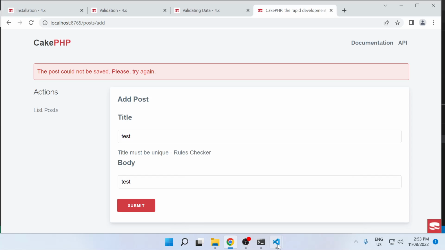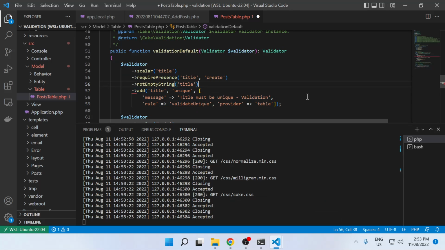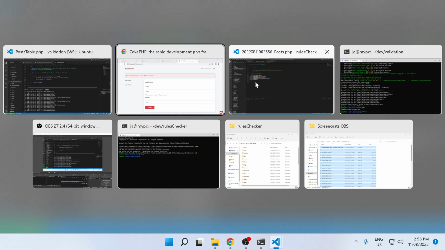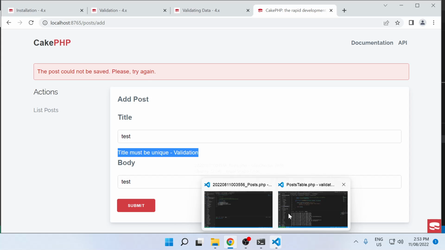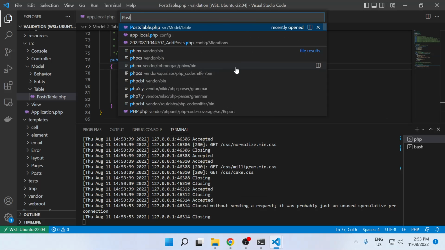So when the validation is applied, if this is in place and both of these rules are in effect, the first rule to fail will be the one that's displayed. So to disable the validation for that first level, so validationDefault, to disable that, you can go into posts